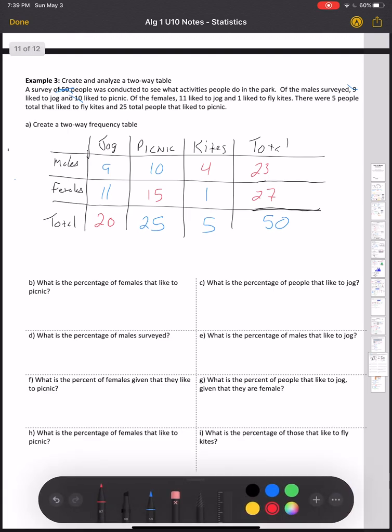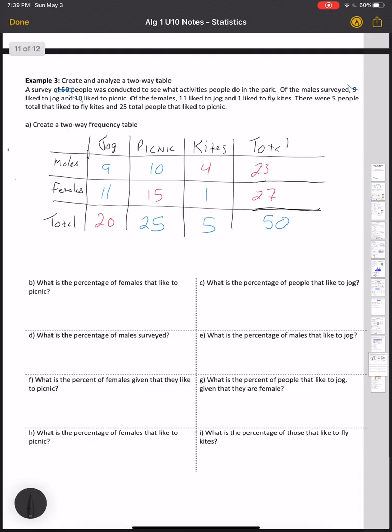What is the percentage of females that like to picnic? Okay, so what is the percentage of females that like to picnic? So I'm going to, out of everybody, females,